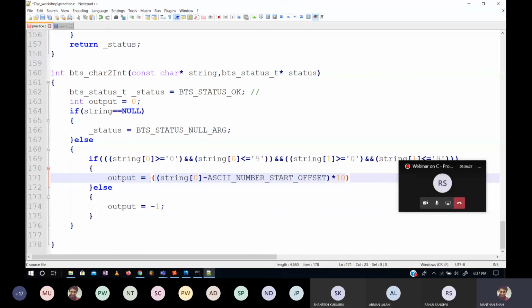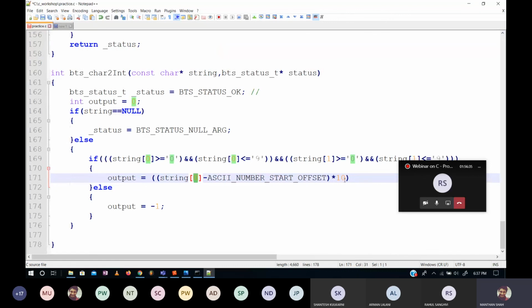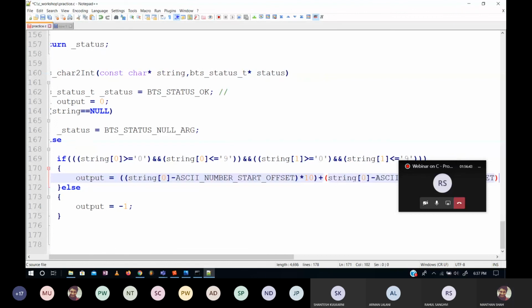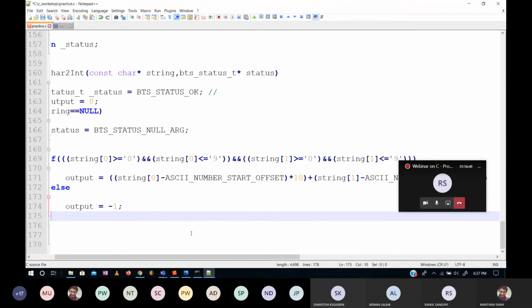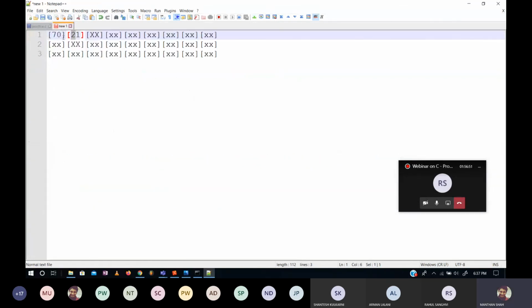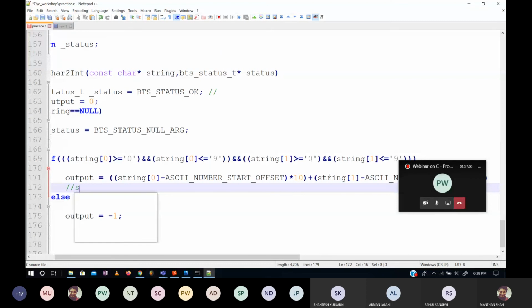I'll multiply with tens, because the 0th character, which we looked at first, will be covering the tens place. This is multiplied by 10, and then this bracket for the first character will be added with this, and this will be for the ones place. All right. So if you look at an example, say 70. Let's say string box of 0 is character 7.